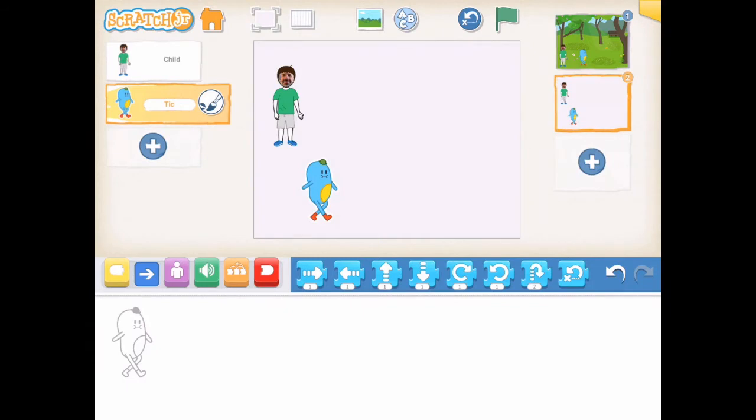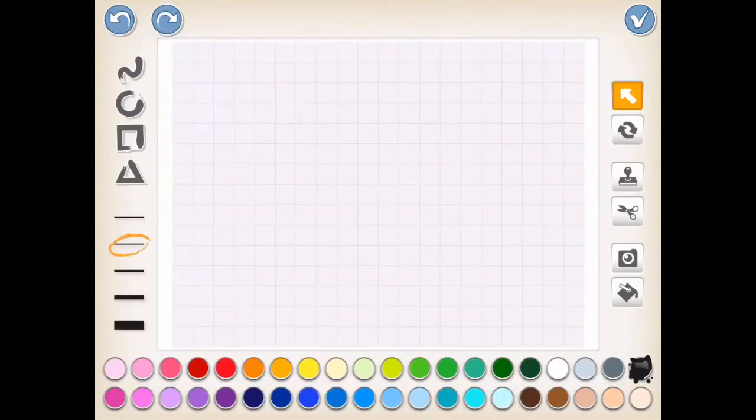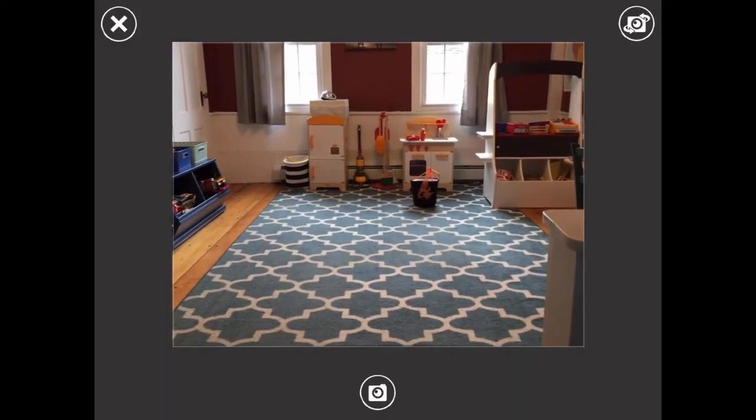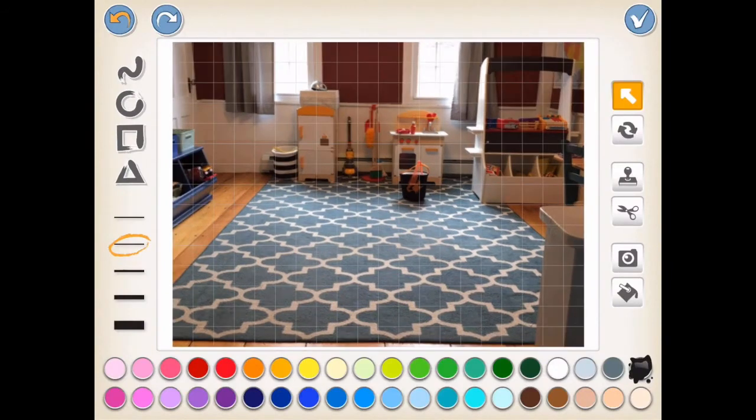So I tapped on scene 2, and instead of tapping on the pre-existing background, I'm going to tap on the white background and the paintbrush icon to customize it. So this is my background scene. To customize this with a photograph, I will tap on the camera icon in the bottom right, and then tap anywhere on the screen, and that will initiate my camera. So here I'm going to take a picture of this playroom, hit the check mark, and that will become the